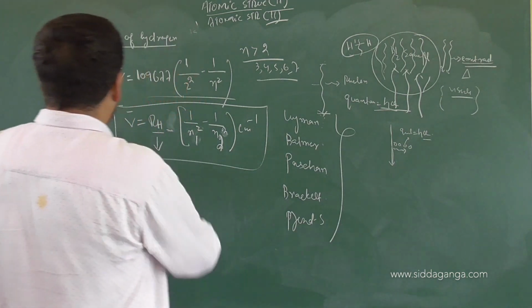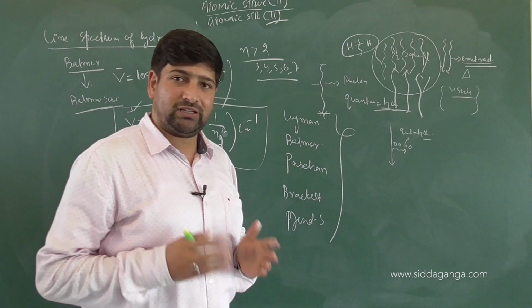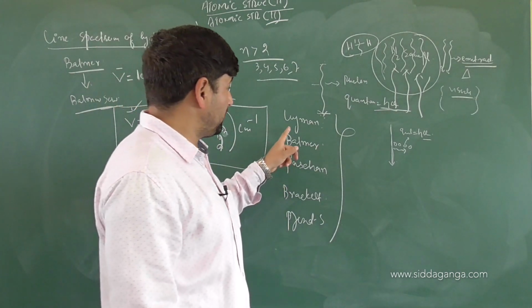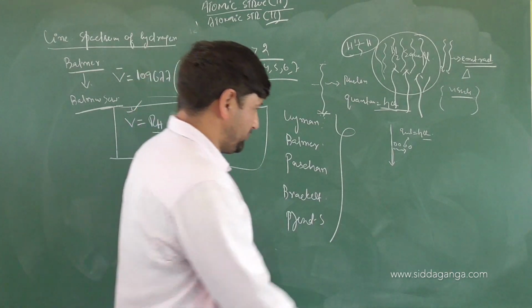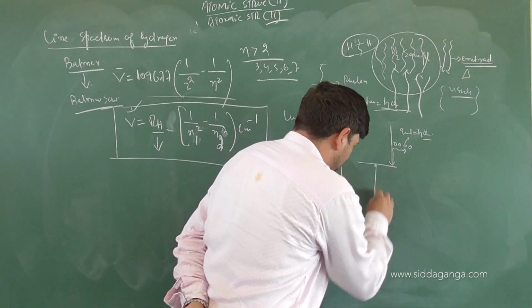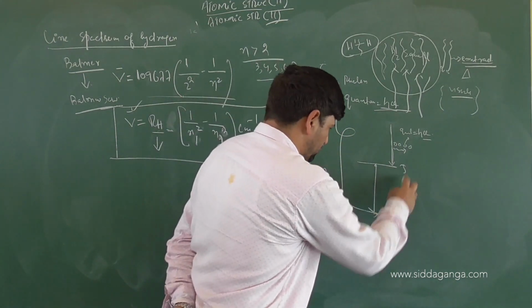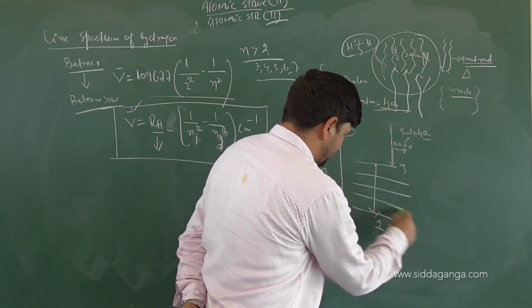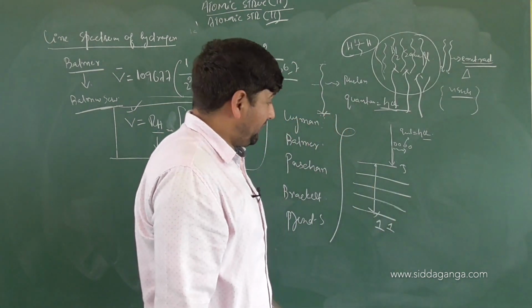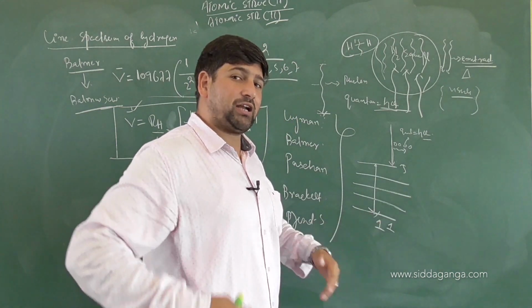Now where are we getting this equation from? And what exactly are these series? How can you find out the energy of each line? How can you find out each line will be composed of how many more lines? Now what I mean to say, children, suppose an electron is coming from the 5th to the 1st level. From the 5th energy level to the 1st energy level. So there is 4th, there is 3rd, there is 2nd, there is 1st. Now when it comes from 5 to 1 directly, it will produce one line. But there are other possibilities.